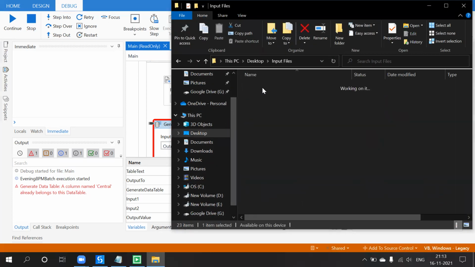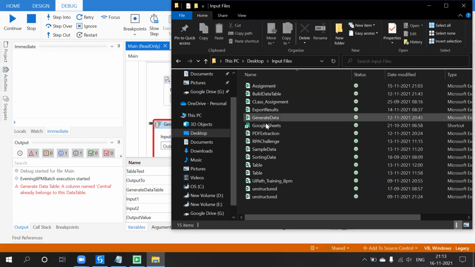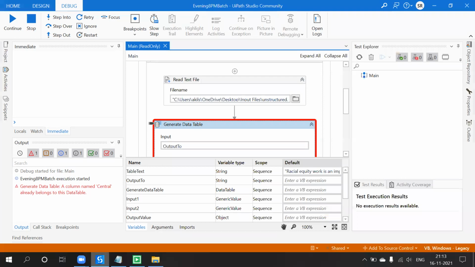Desktop input files. So what we have given is unstructured data.